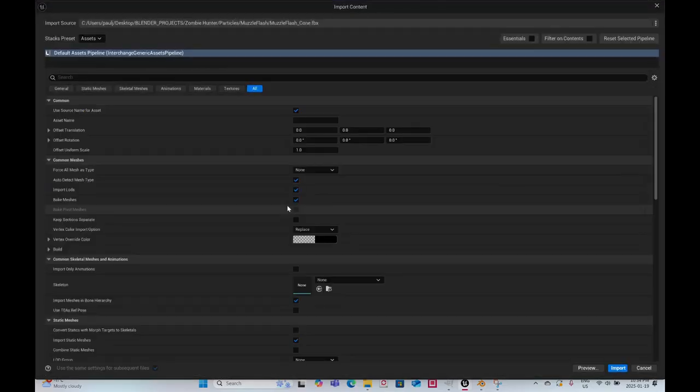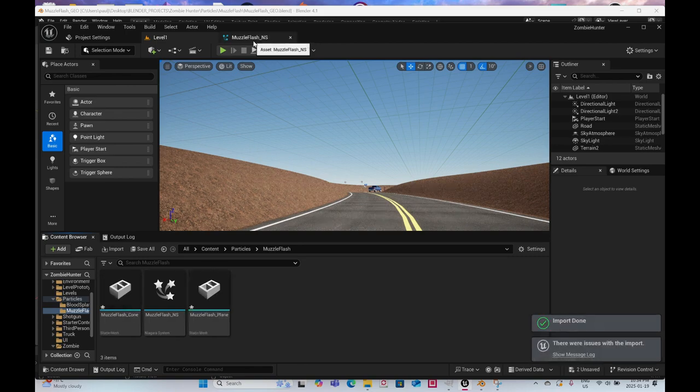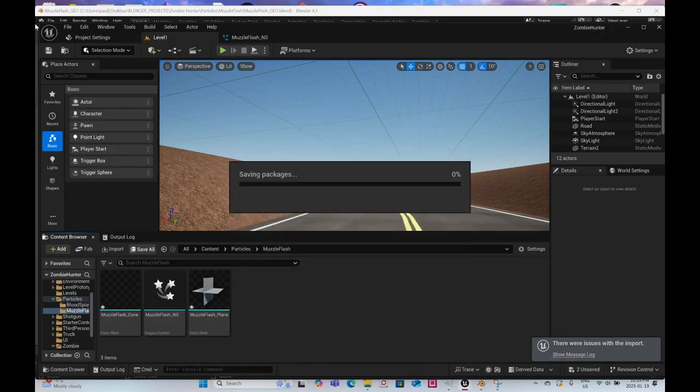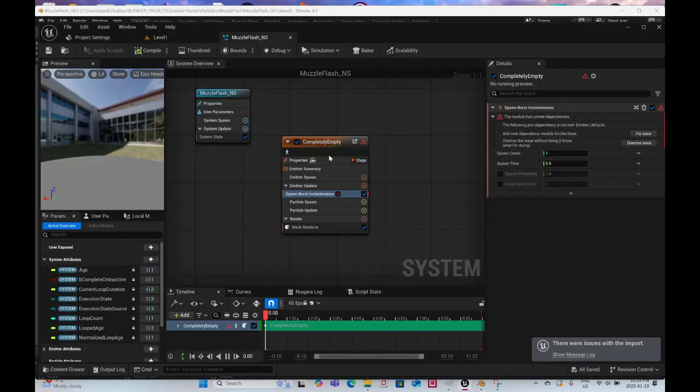So open, import. Okay, so back in the first, I'll save it. Back in the Niagara system,